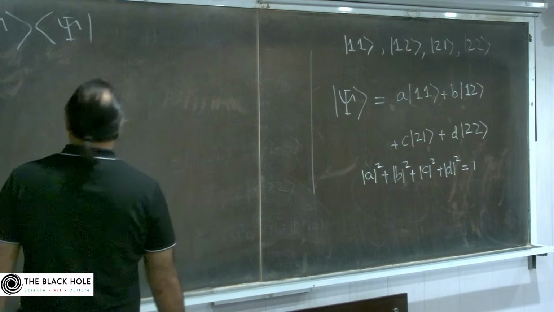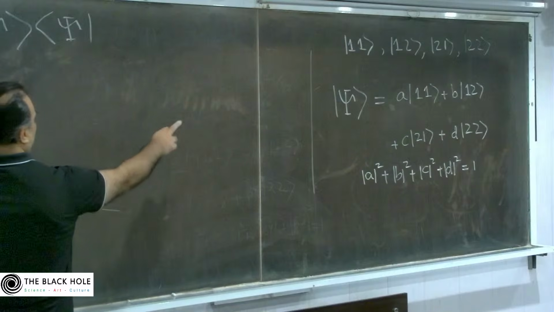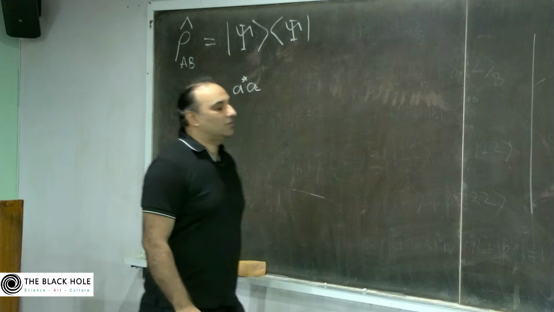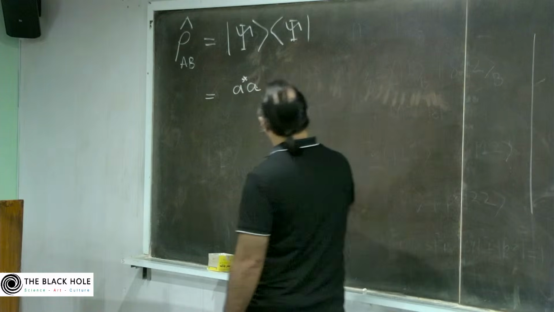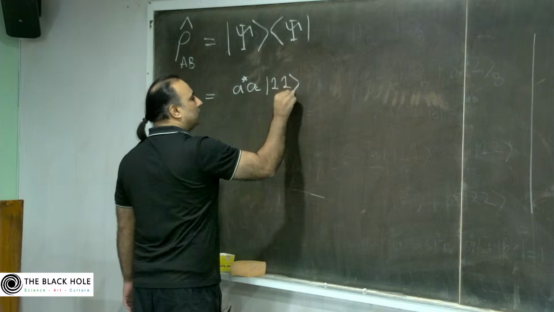So let's start with this. The first one, A star A, so we would get this 1 1 and its dual,